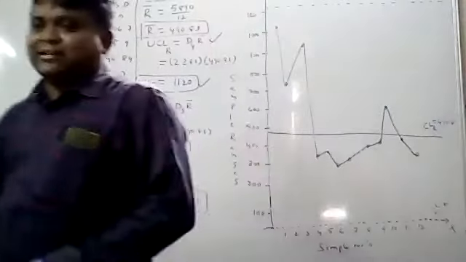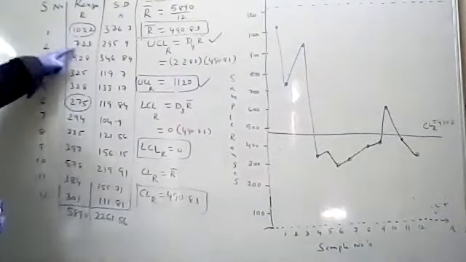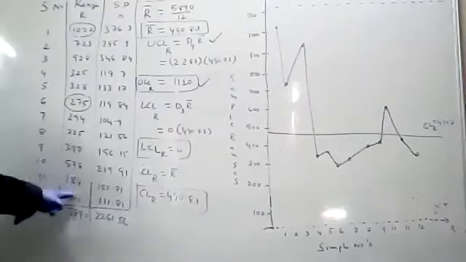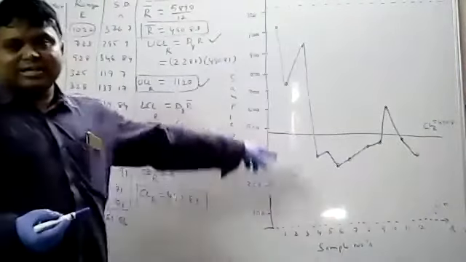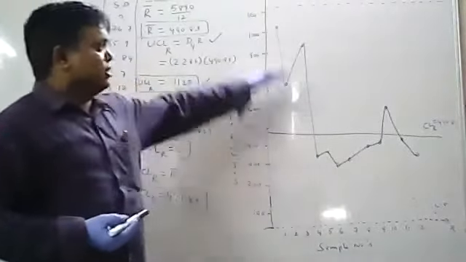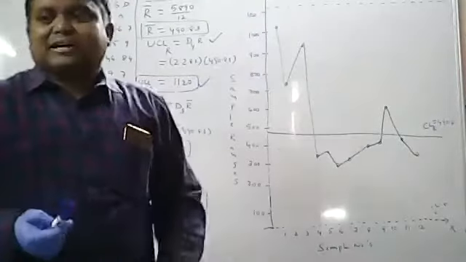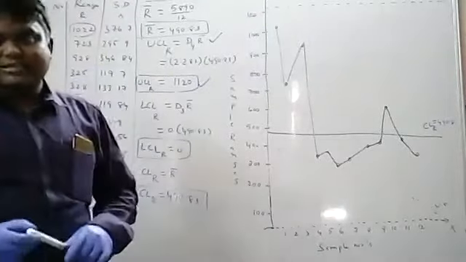If you identify like this, because you are constructing a range chart, I have identified the range values. Now if you see the diagram, the construction is completed. All the sample points fall within the control limits. That means the process is in control, and the range chart is also in control.